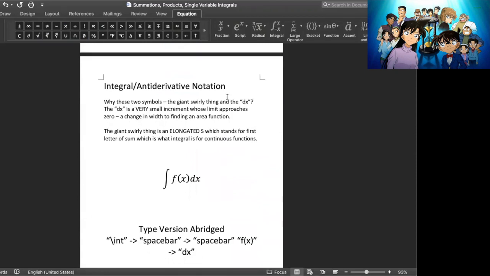There are two key symbols that students often get confused with. It's usually the dx and the elongated swirly sign, which is actually an S. So the dx just represents a very small increment whose limit approaches 0. It's a very small change in width, defining an area function. And